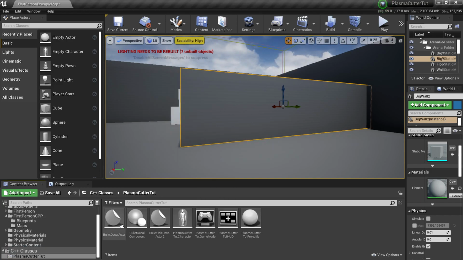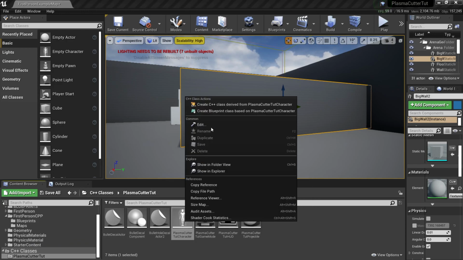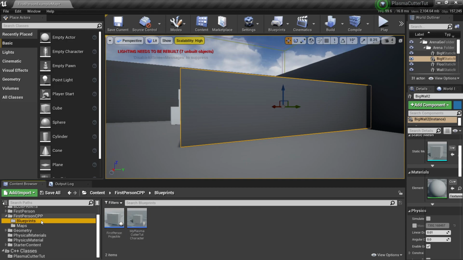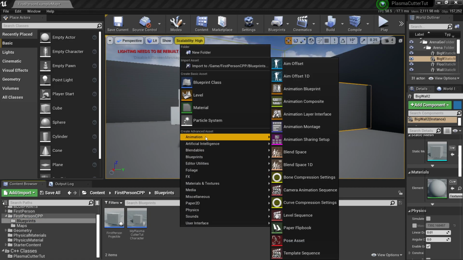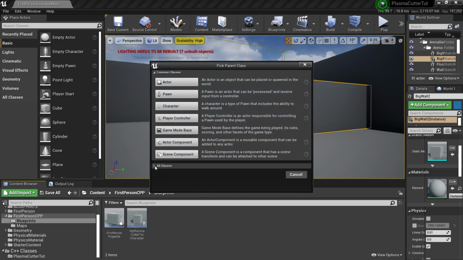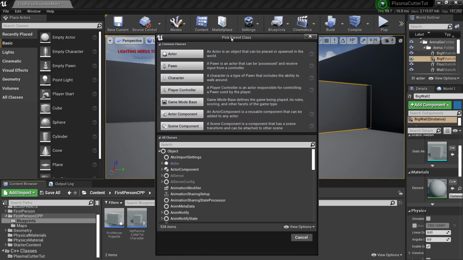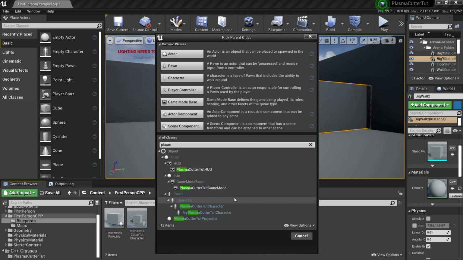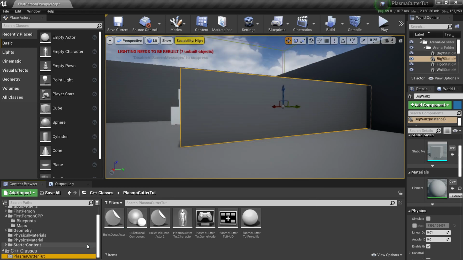then creating a new blueprint class and resetting all those variables all over again by doing create blueprint class based on the character again. Or you can do it this way, which is another way. You do blueprint class, you go where it says all classes, and you see where it says pick parent class. You type in the search bar plasma cutter tutorial character, my plasma cutter tutorial character, and you set that as the parent class,